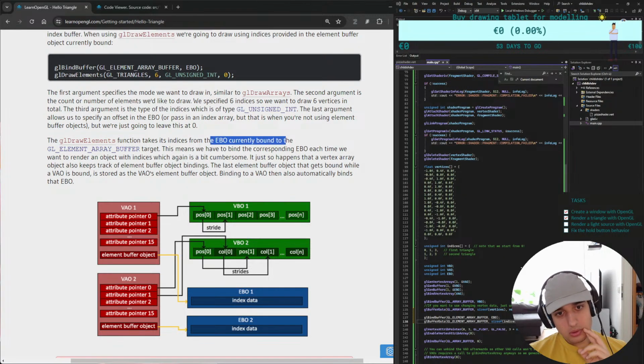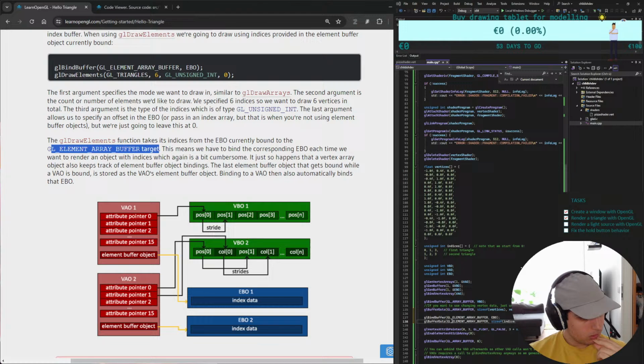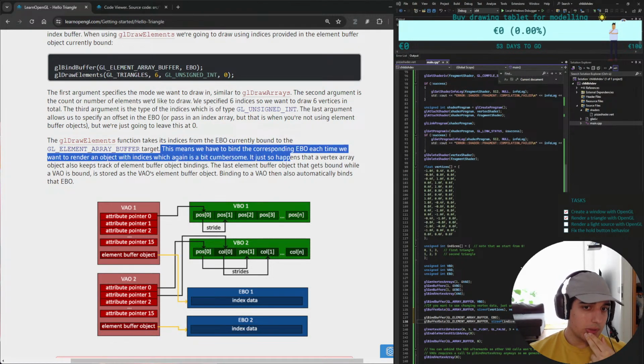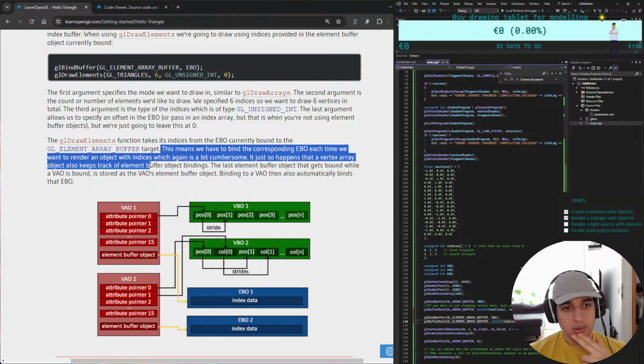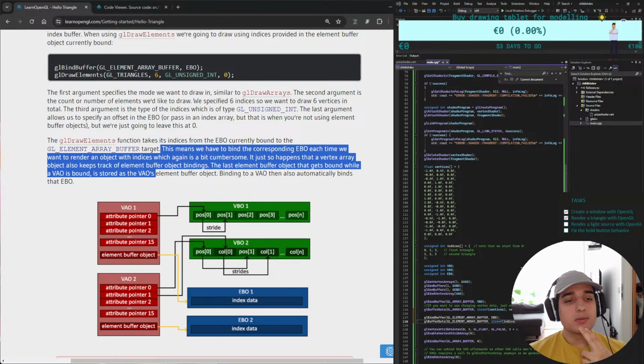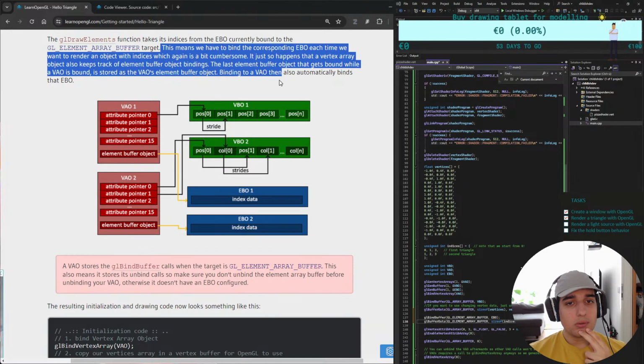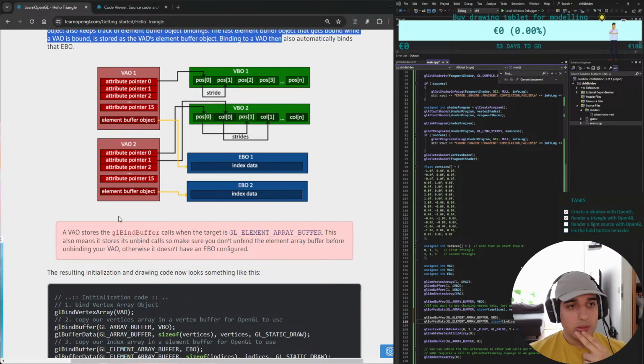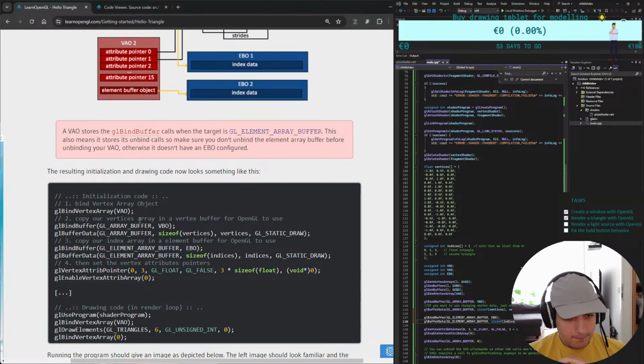It takes from the EBO currently bound to the GL element array buffer target. So you have to bind the corresponding EBO each time you want to render an object, which again is a bit cumbersome. It also happens that a vertex array object keeps track of element buffer object bindings. The last element buffer object that gets bound while the VAO is bound is stored as the VAO's element buffer object. Binding a VAO then also automatically binds that EBO. That means